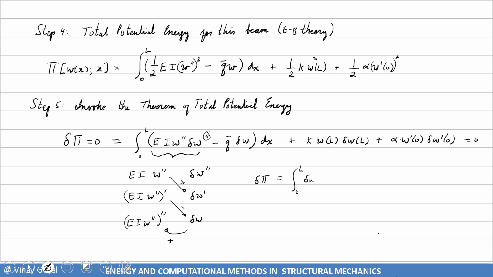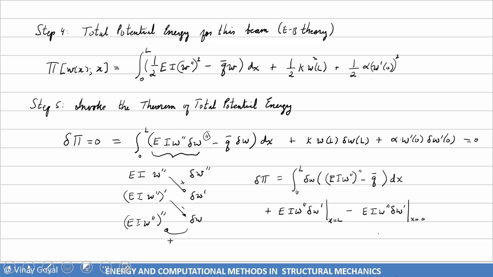integral from 0 to L. I can factor del w now. EI w double prime double prime minus q bar dx. And now I have a bunch of boundary terms. Plus EI w double prime del w prime, and that's at x equals 0. Minus EI w double prime del w prime at, and again, this will be at x equals L,